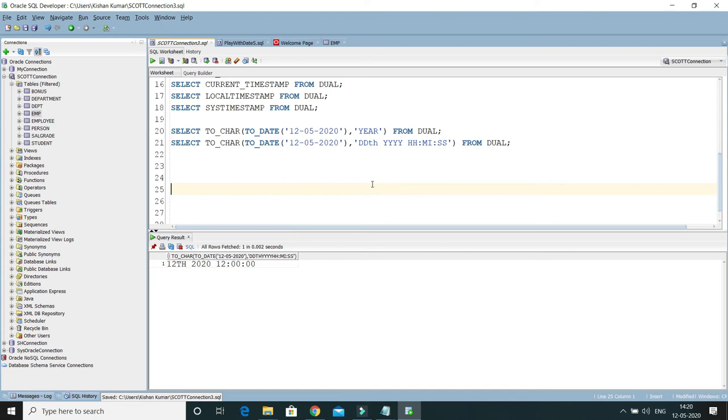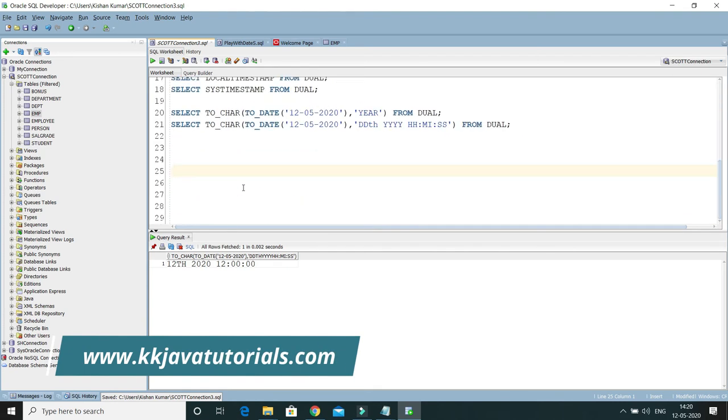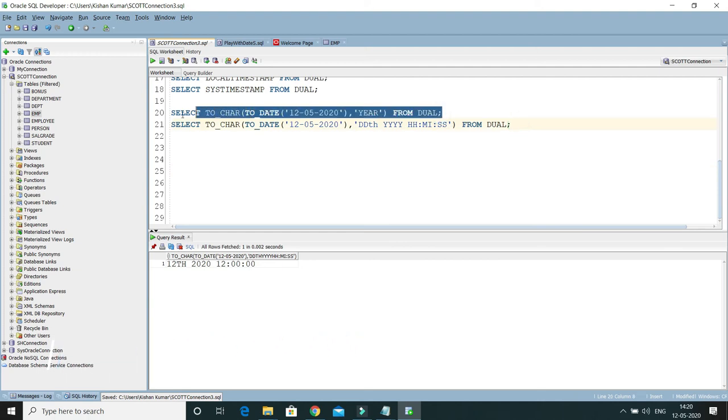So guys, that's the way to use date functions in Oracle. Let's say I would like to use this function on my existing table, so how can you do that? I'm going to use select, and then I would use ename. Then let's say I would like to apply this function on my hire date.